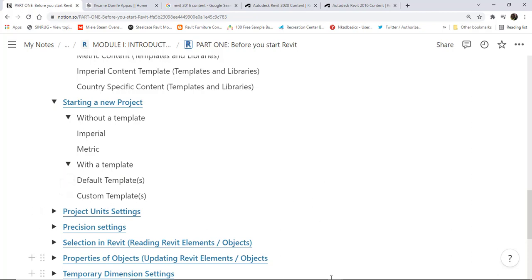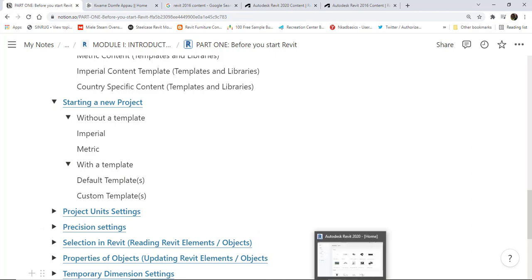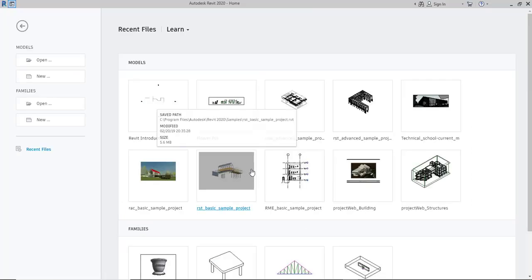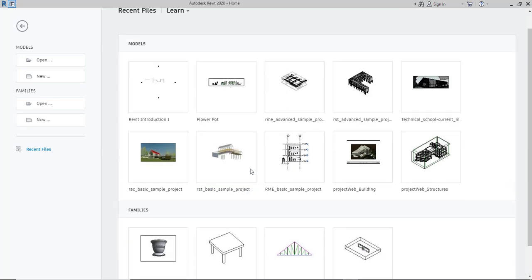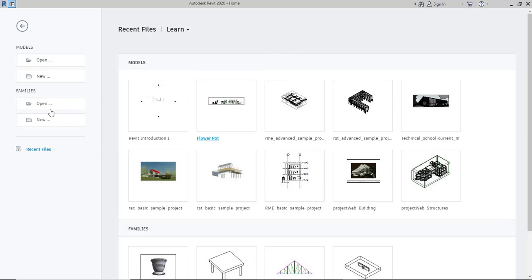So let's look at Revit again. Now we will start a new project without a template, then a new project with a template, and then see if you can read the project and understand the project as it is or how it should be. So I'll go in and then choose new here,